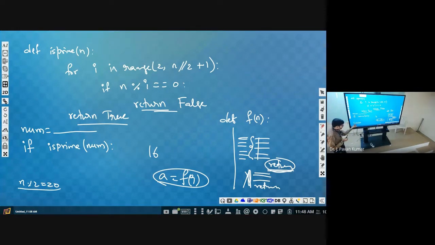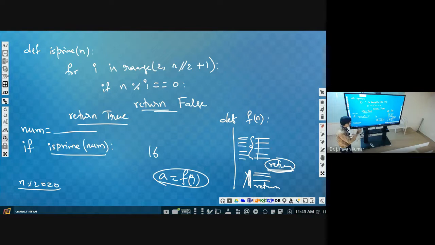After checking, the condition is replaced by either true or false. Now if is prime of number, we are calling this function, and this will be replaced by either true or false. Any of these two values we get from this function, right? So whenever we call is prime of number, it will be replaced by either true or false.